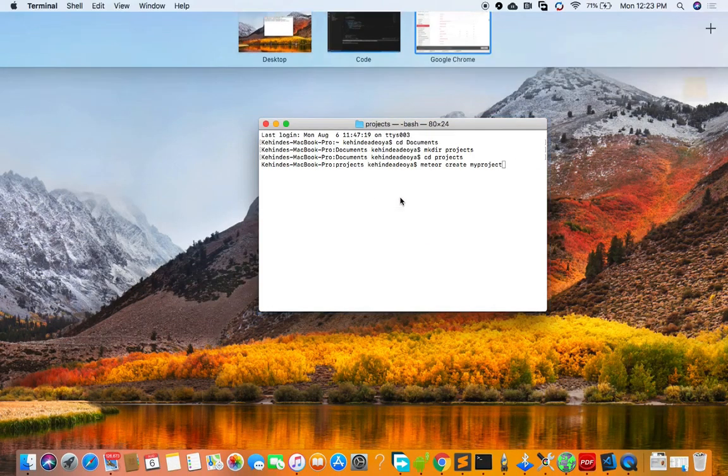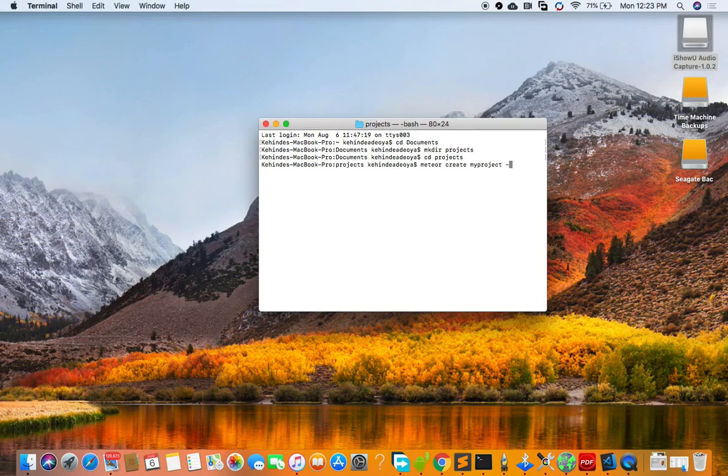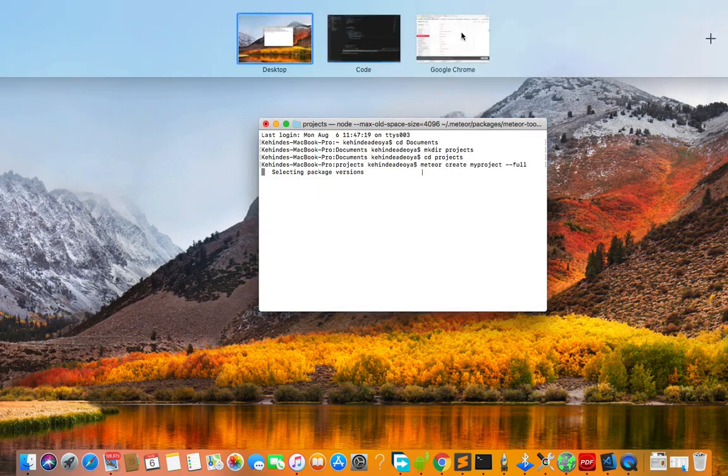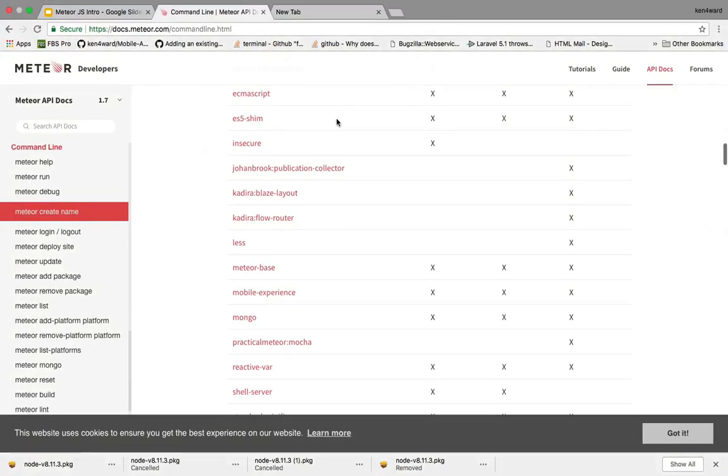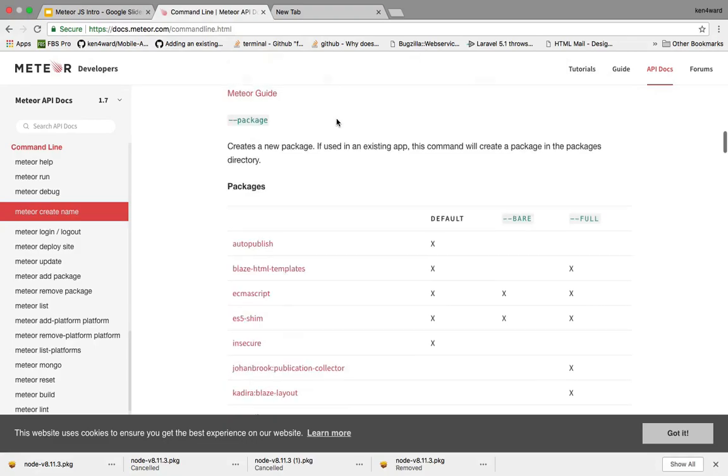So let's quickly go to our command line again, and we're going to create our project now. We're going to use the full flag with it, and I'll press the return key on my keyboard, and it is installing. It takes a while to install, and we have to wait. Once it's fully installed, we can start fully working on our project. After this, we'll be running through the project structure for everyone to see. In the meantime, as our project is installing, we can take the time to check what this